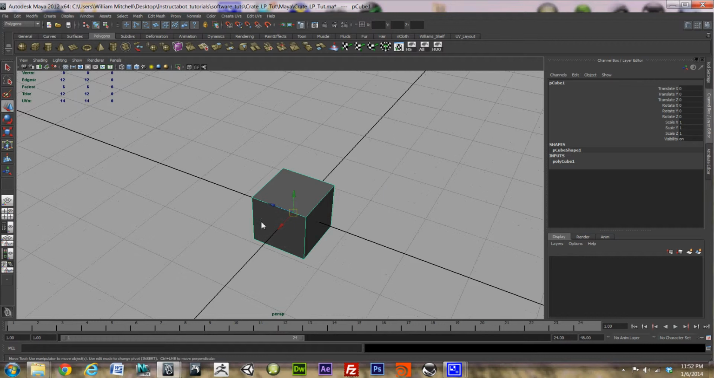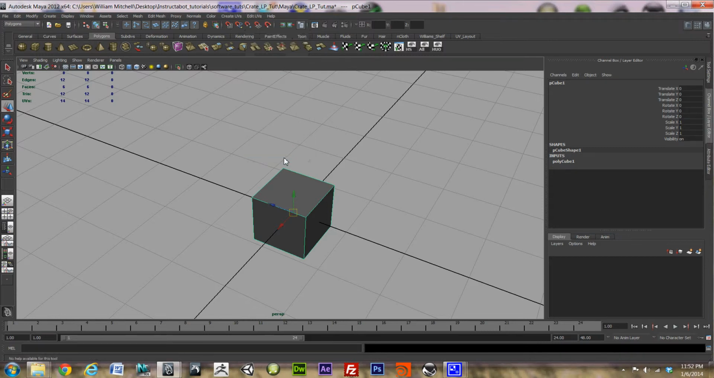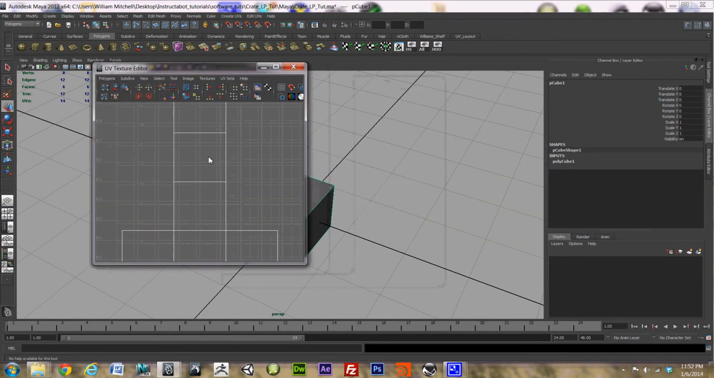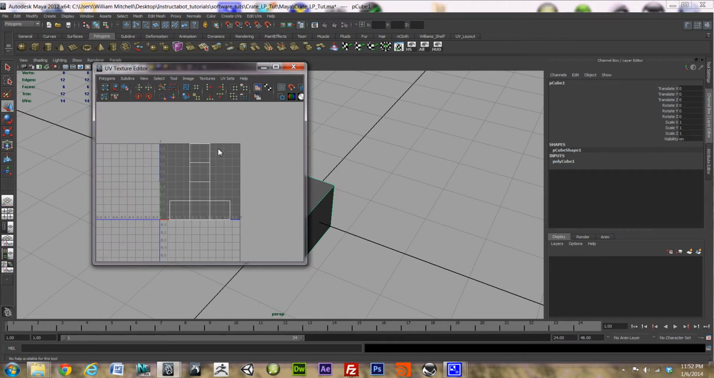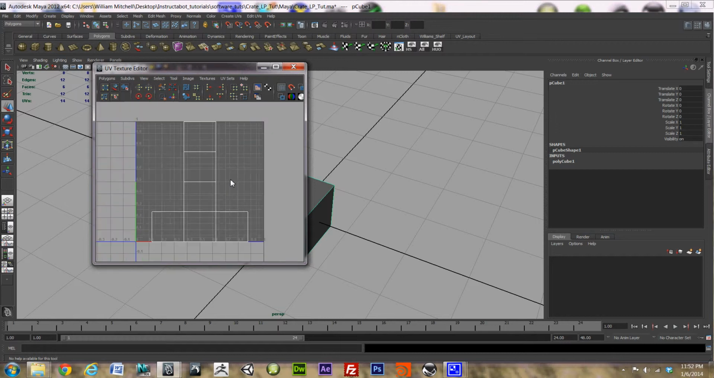Next thing we want to do is just go ahead and UV edit. You use a UV editor and texture this bad boy. So we're going to edit UVs up here at the top, UV texture editor, and that will bring up your UV texture editor. As you can see, it's already laid out. But the thing is, these boxes are all connected together. One thing we have to do is separate them. So I'm going to right click here, go to UV,